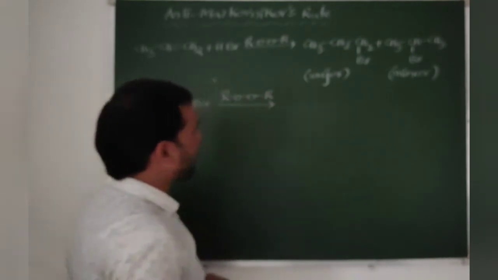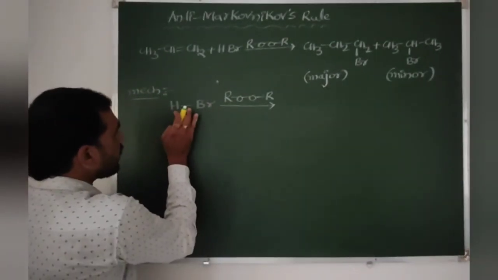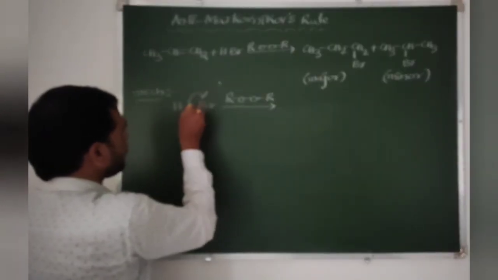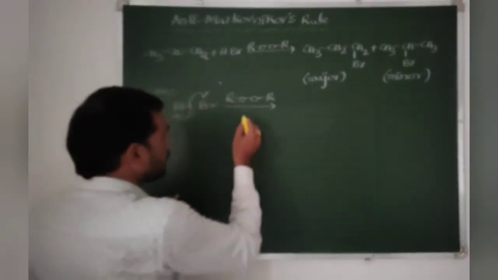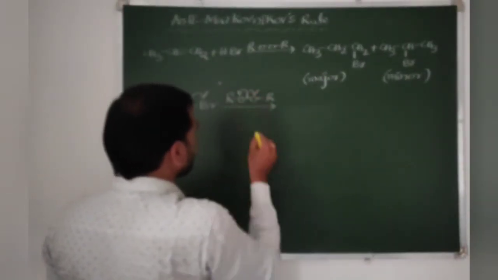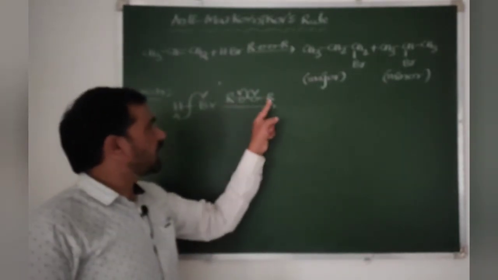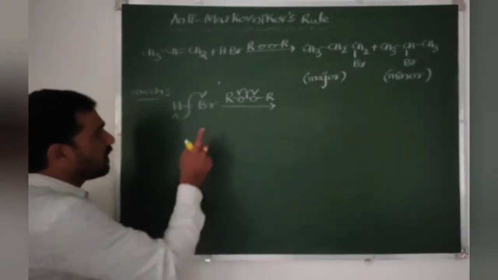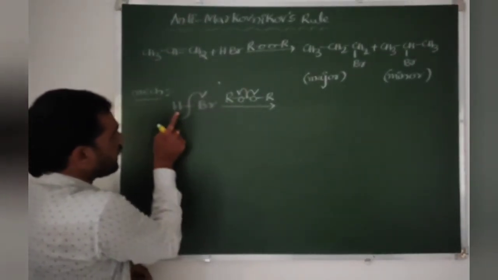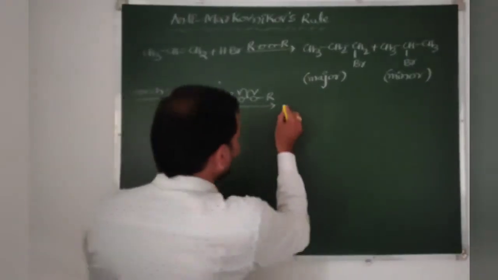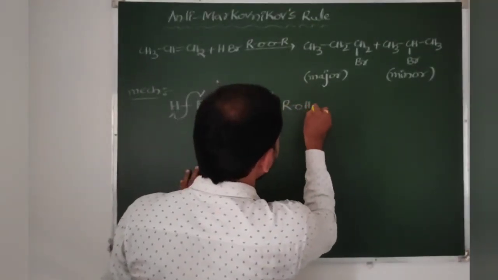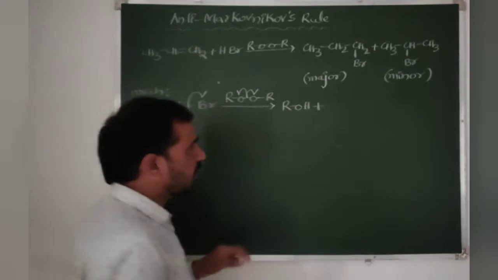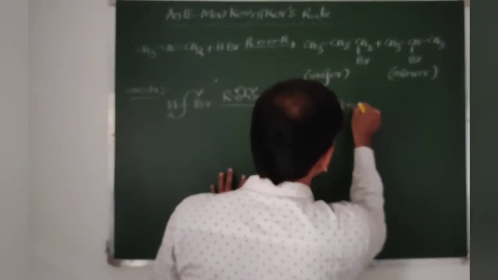In the presence of peroxy medium, this covalent bond breaks like a homolytic fission. Homolytic fission. So here also same. So by this we will get RO dot and RO dot, H dot, Br dot. One RO dot reacts with H dot, it results in ROH, right? The second RO dot reacts with Br dot, it results in ROBr.